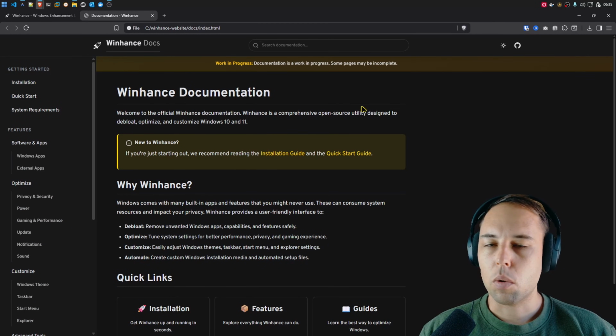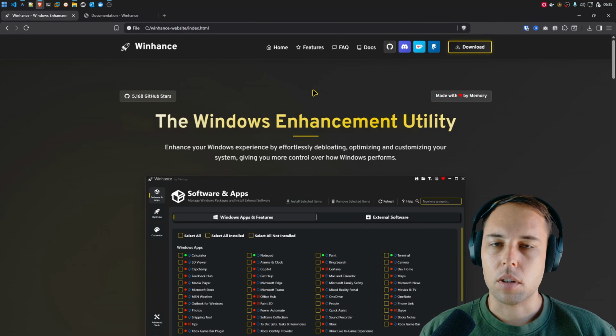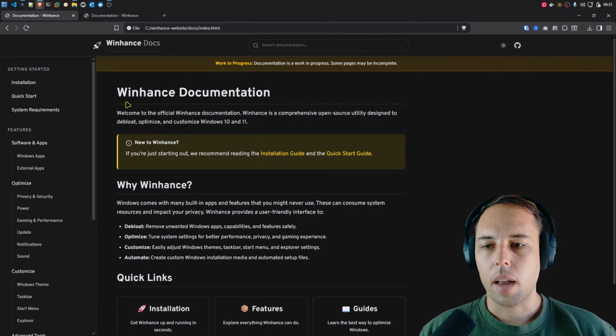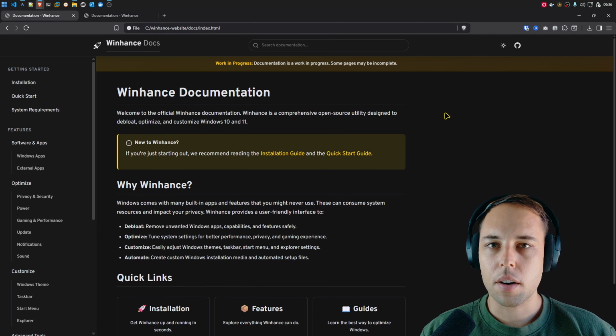But before we get into all of that, you'll be able to find this on the official Winhance downloads page, which is going to be winhance.net, and you'll have the docs button up here. If you click on that navigation button, it's going to take you straight to the start of the Winhance documentation. I'm obviously not going to read every single page of the documentation in this video. This is just an announcement video to show you that this exists,